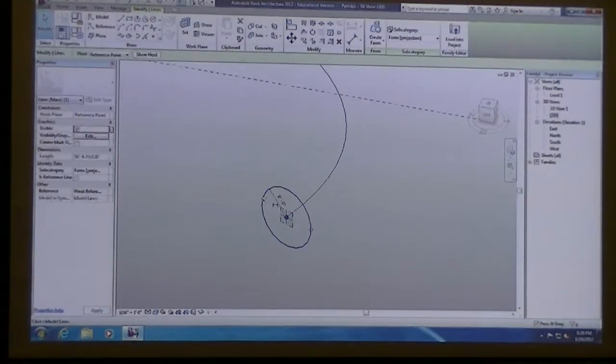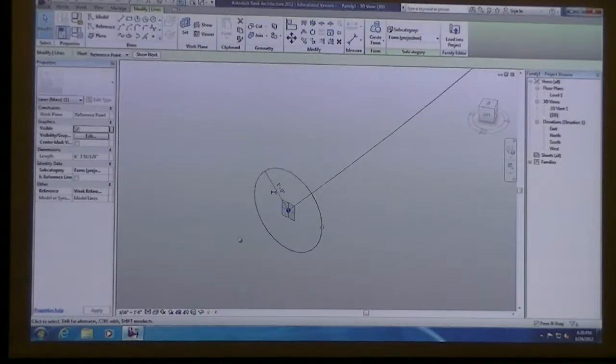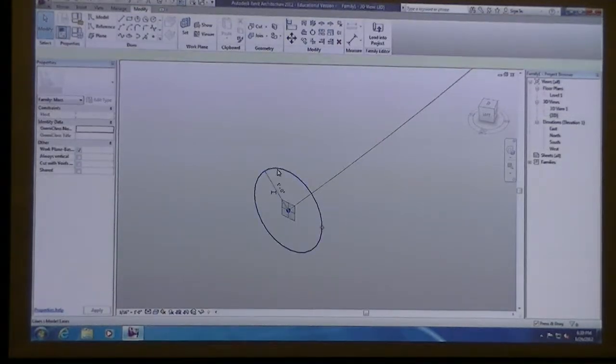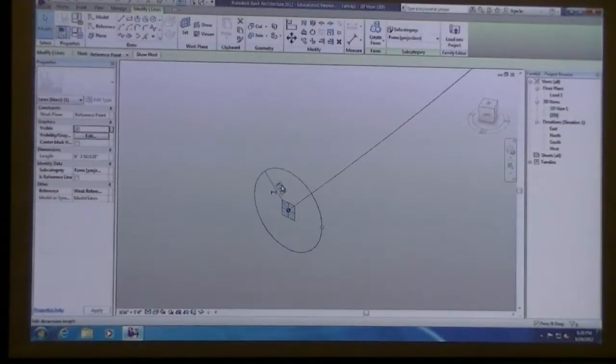I'll just draw a whatever size circle. And you can always click on this circle and then change the dimension. So I might make it 1 foot, make it a small pipe. If you just click on the circle, you get the temporary dimension, and then you can click on that to enter in whatever value you want.